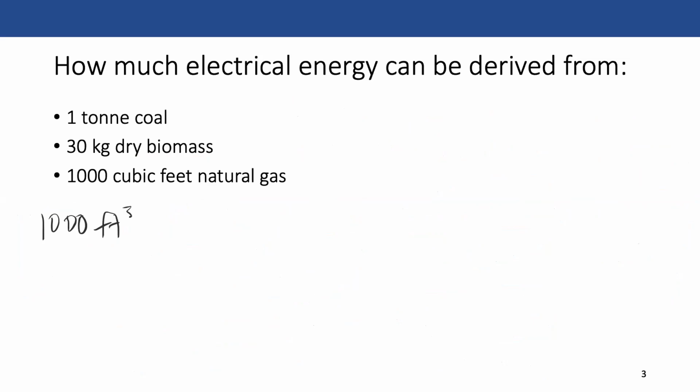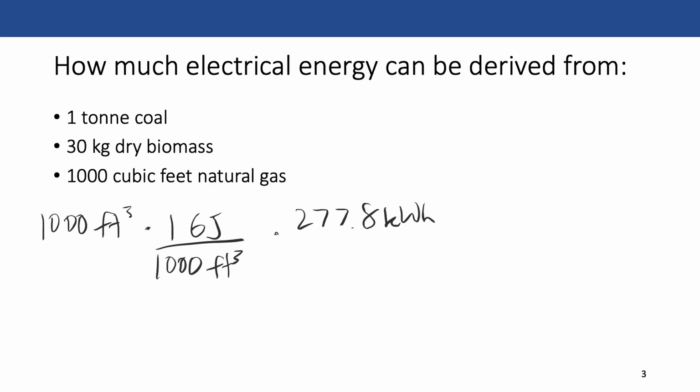So 1,000 cubic feet times 1 gigajoule per 1,000 cubic feet times 277.8 kilowatt hours per gigajoule times a conversion efficiency of 55%. And this is equal to